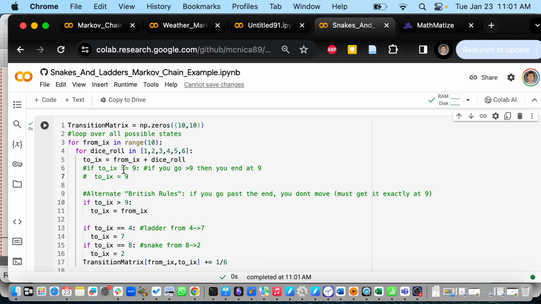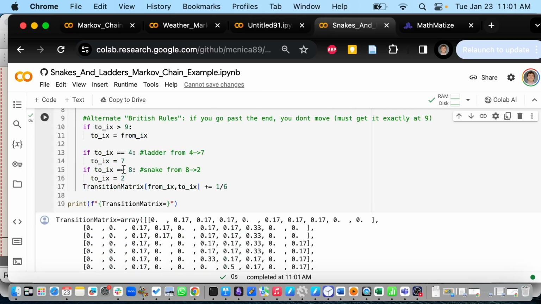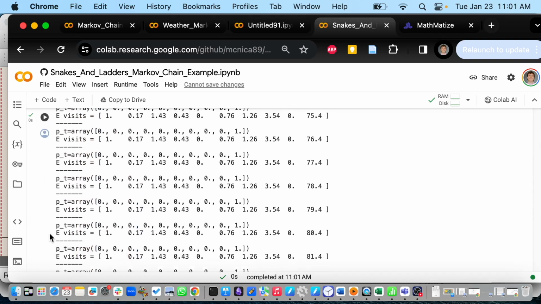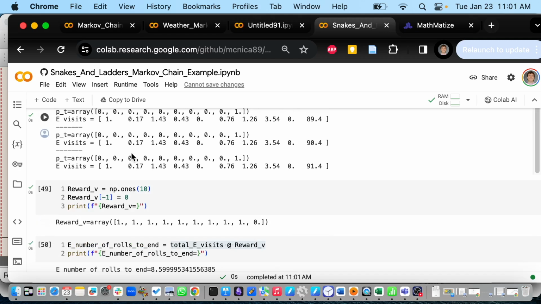And in the video, they said 10. So are we going to get 10 as the total number? Let's go down to the place where we got it. Again, the vector looks a little different before. Look, on average, you visit square 7 3.5 times. So you get stuck at square 7 and you're rolling. You have to roll exactly a 2 to finish the game. So you visit square 7 a lot. Same reward vector as before.